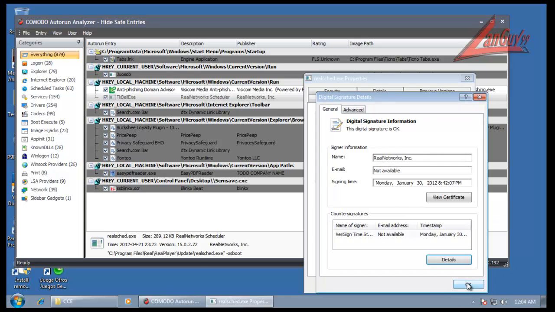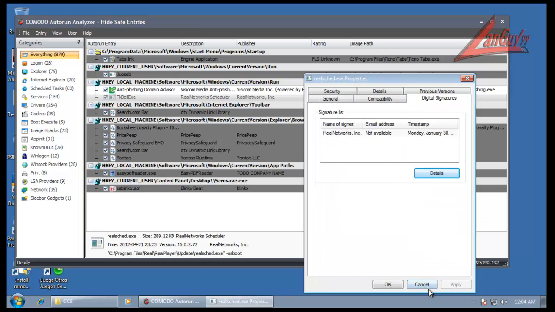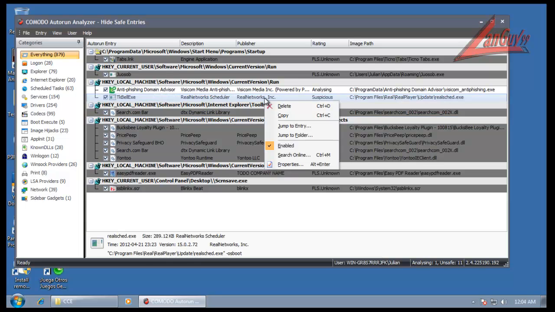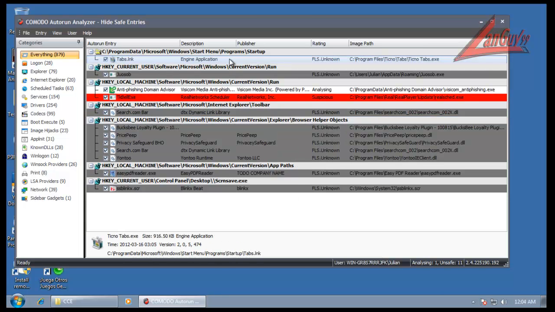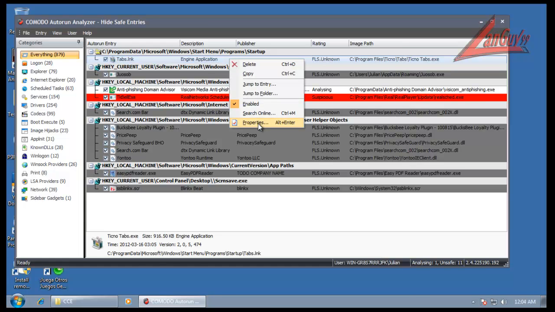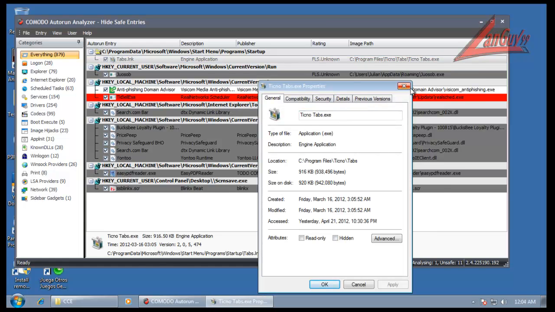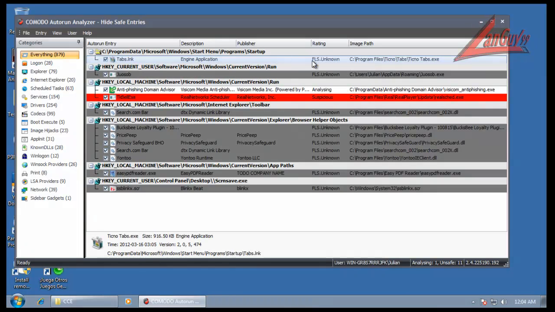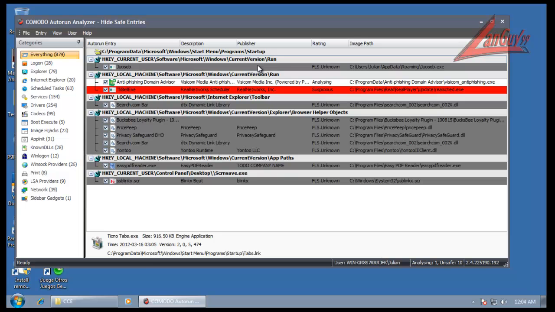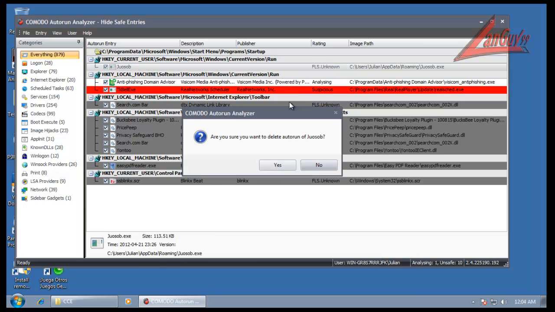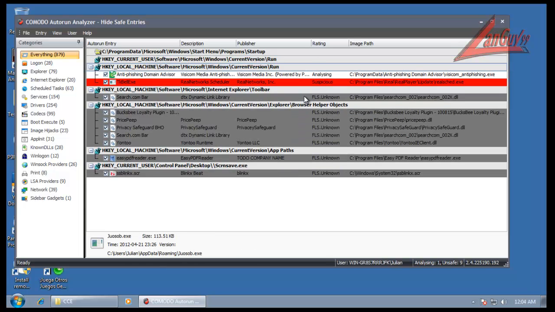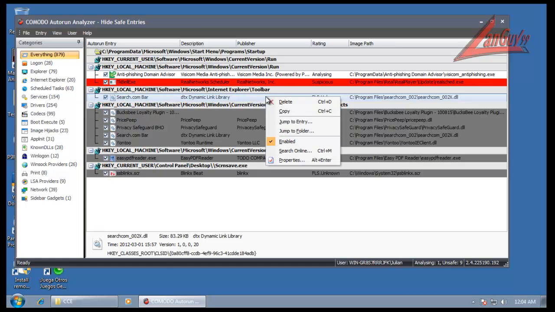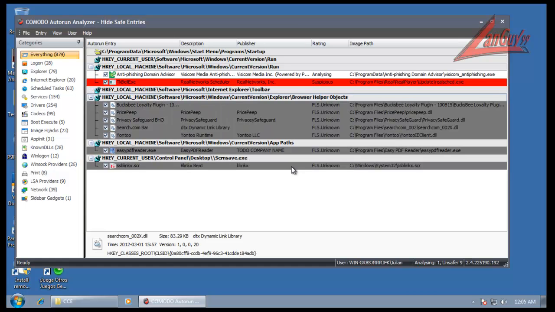Looks like the digital signature on this file is okay, so that's definitely a false positive. Can't submit it. Okay, now this tabs.link, I don't know what that is, never heard of it before, so we're gonna delete it. And same thing here, we know that's a bad file, and we're gonna delete that,